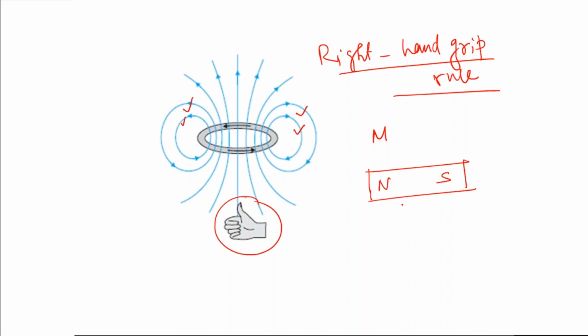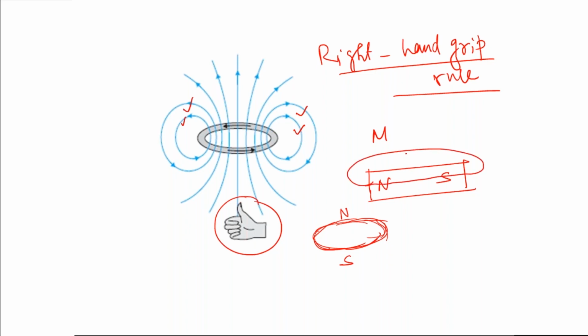We'll learn that in a later section. So it also acts as a bar magnet. How? Which direction is the north direction? In this case, since the magnetic field lines are seen coming out from the top of this loop, the top face of the loop will be treated as north, and the bottom face will be treated as south, because